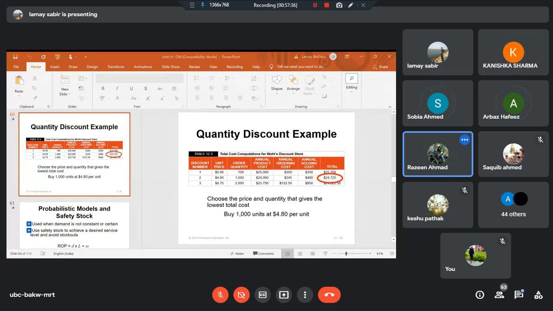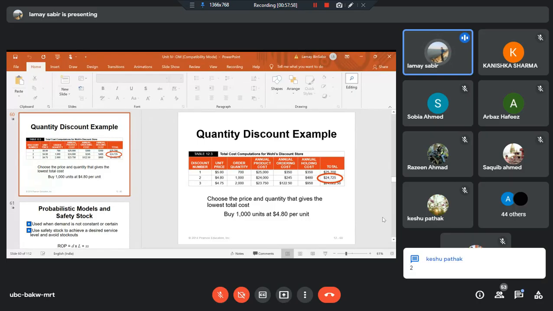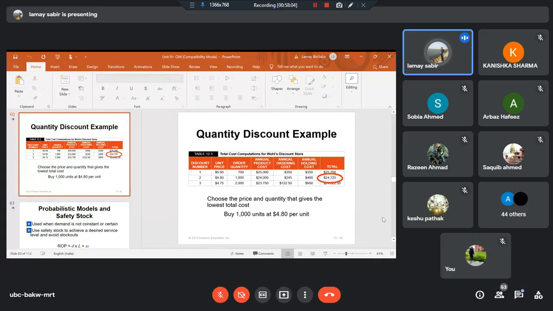Third? No, kindly see it carefully. The third value is exactly 24,822.50. This is the value that we have. So this is not the lowest value. The lowest value is above. The third value is 24,822.50, so definitely it is more than 24,725. So again, if you see which is the minimum value, the second is the minimum value, which is 24,725.